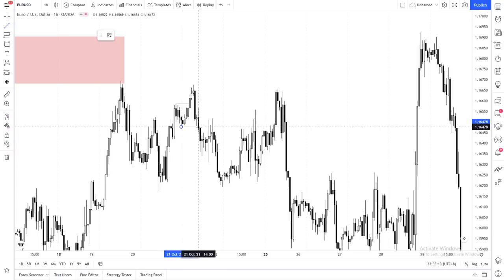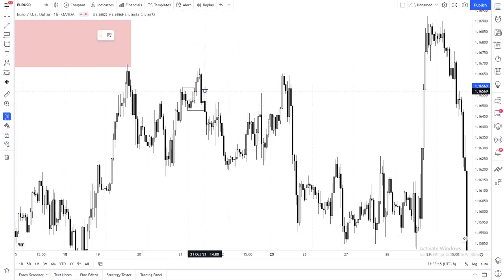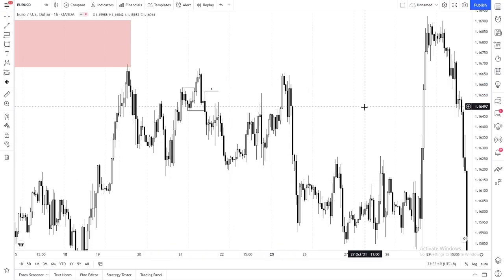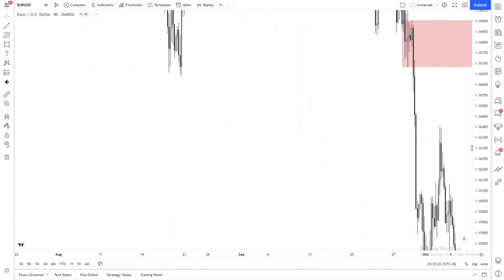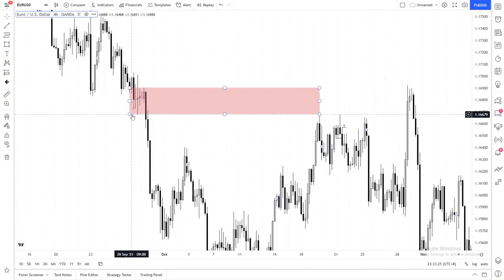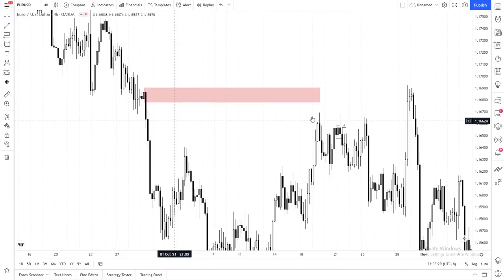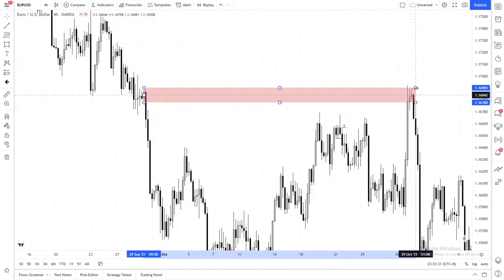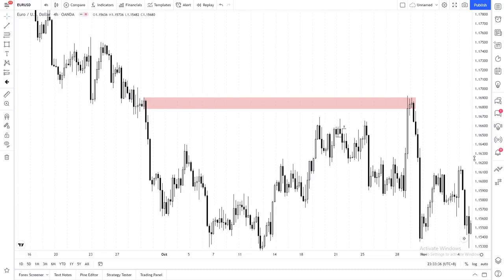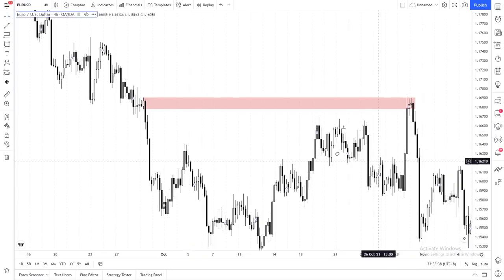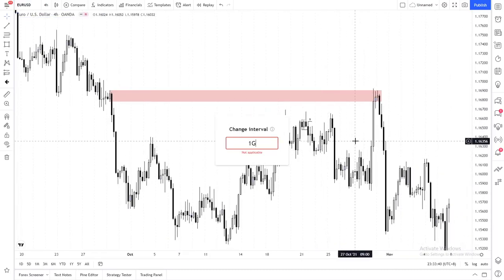But over here, I do see that we have ourselves a thing over here, okay? And of course, we have all of that spectacular liquidity right there. So I know one of two things can happen. Am I right by saying that there's one of two things can happen? Well, one of three things, yes. But based off of my seller bias, only one of two things can happen. Within this range, one of two things can happen. The first thing that can happen is